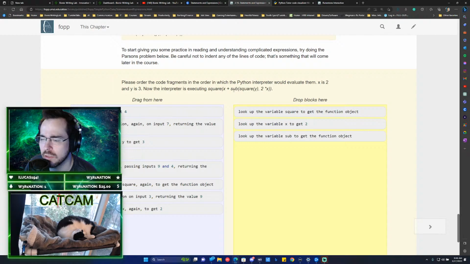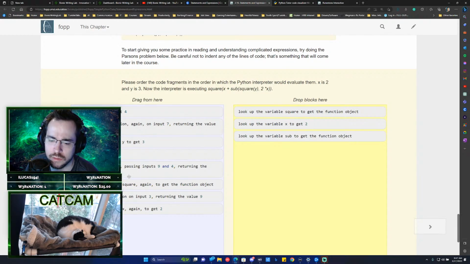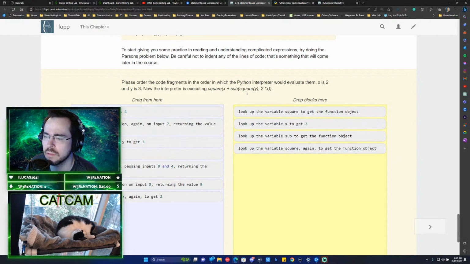Function object. And then it's going to try to evaluate two different things, which is going to be square and it's going to be